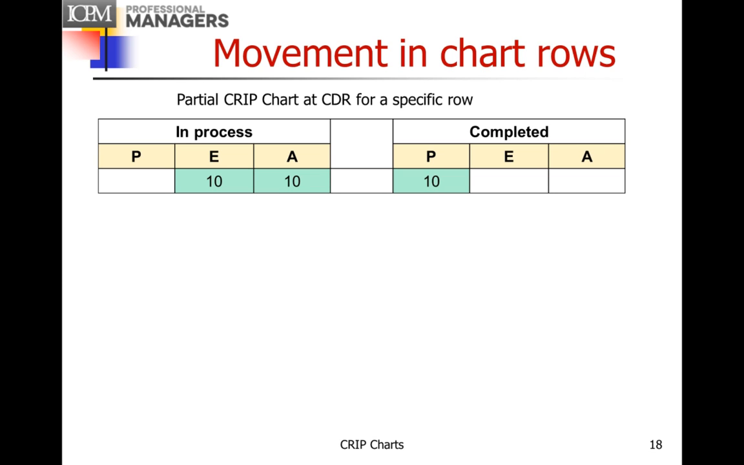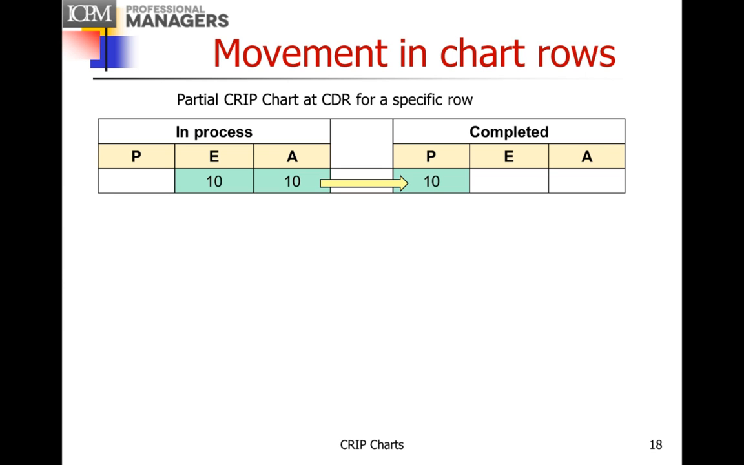Take a look at the partial CRIP chart at CDR for a specific row. At CDR, if we look at in process, we expected 10. So we expected to put 10 into process, and actual is 10. So we did what we expected. And we also